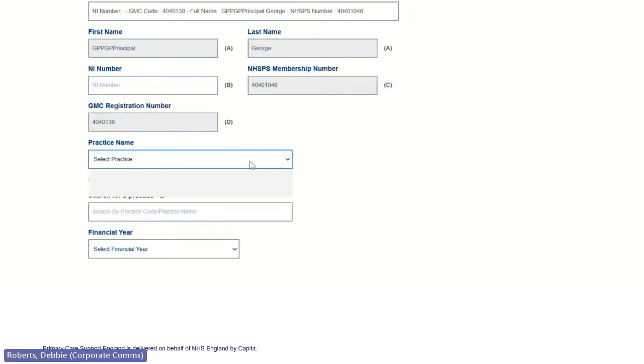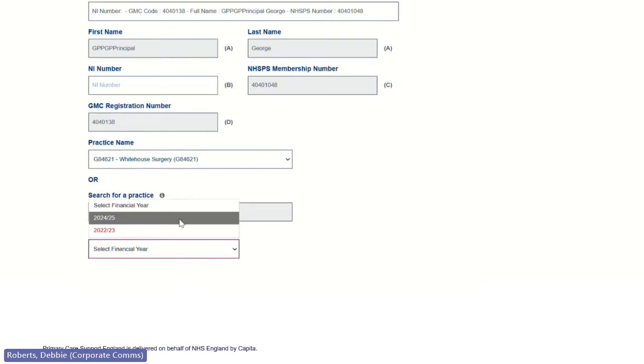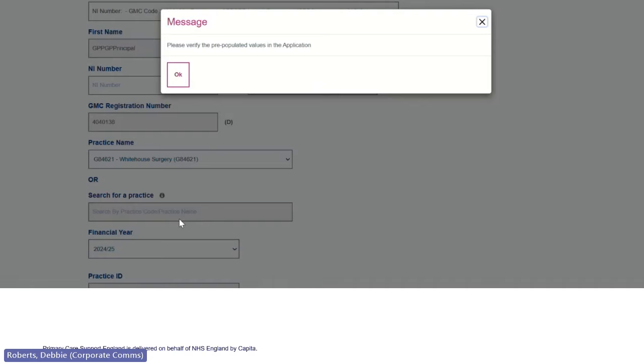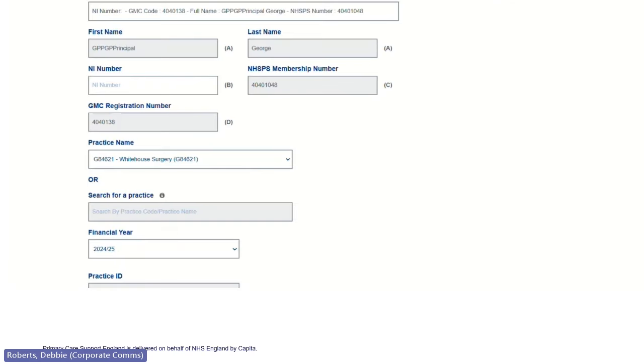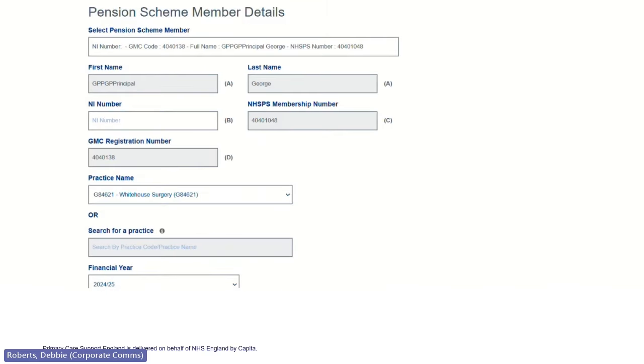So I need to select practice and then select the financial year. Let's say I want to do 24-25,